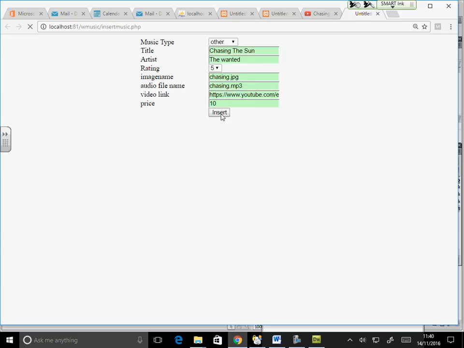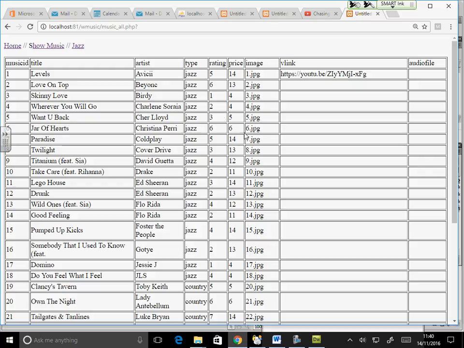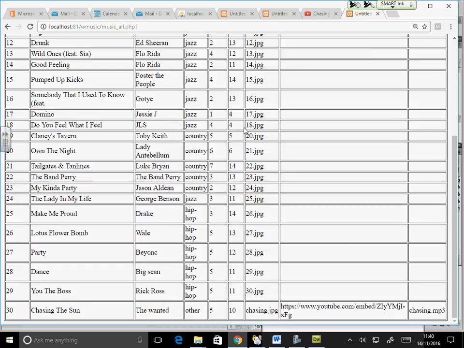Yeah, and insert. We come here. Now, I don't even have to go to the database, because the 30th record should be this. Can you see that? The last record. I feel the last record is this one which I entered.